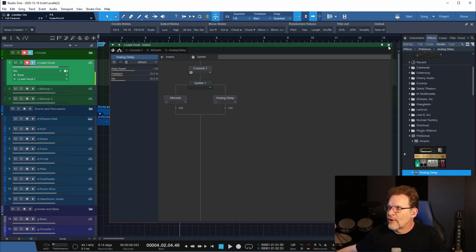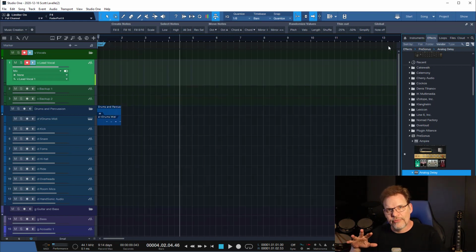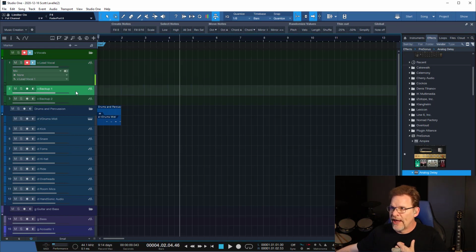My personal preference, and this is one of those preferential things, is I like the stuff that's built into Studio One better than I like the stuff that's built into Cakewalk. Case in point, the Pro Channel versus the Fat Channel. The Fat Channel in Studio One has, to me, a lot more options going on, and I had that on